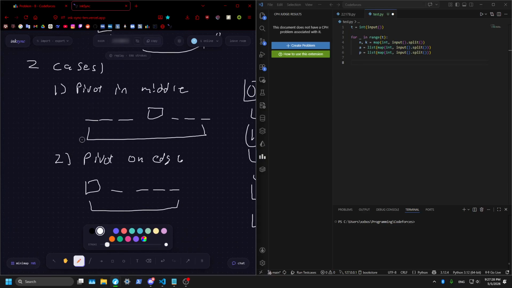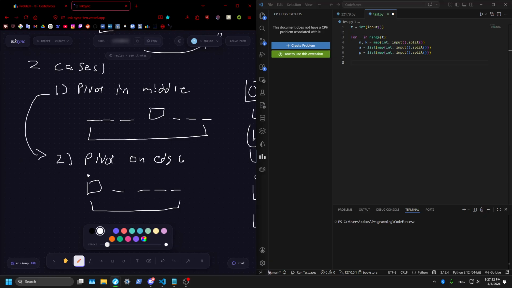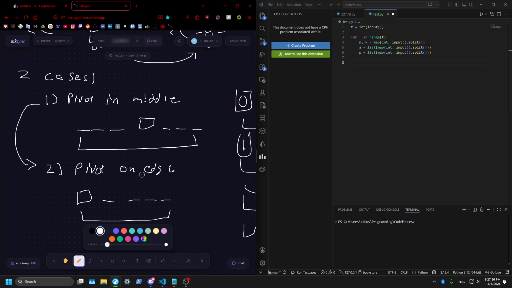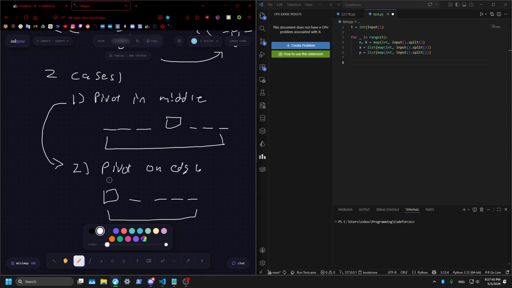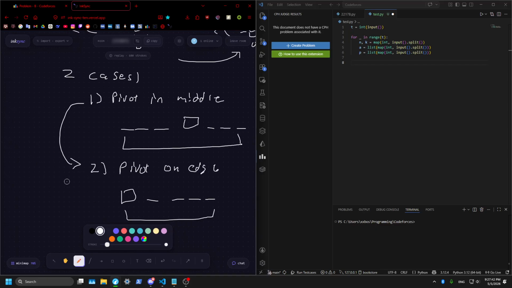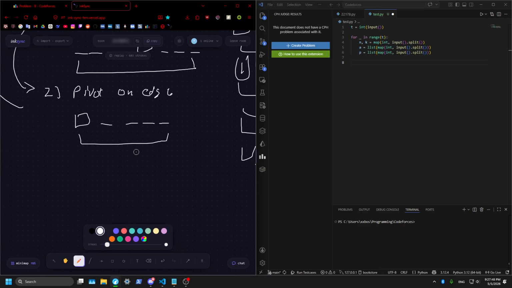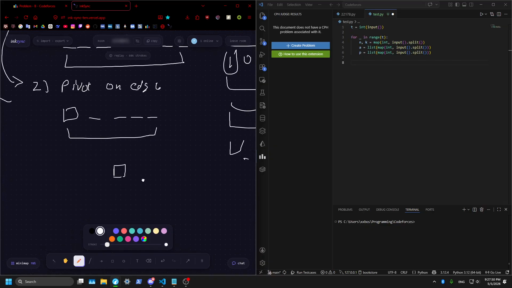Because pivot on middles can always become pivot on edges if the two sides are not equal. If they are equal, then you don't have to worry about it. But pivot on edges cannot become pivot on middles, right? So this question simply becomes a matter of the maximum